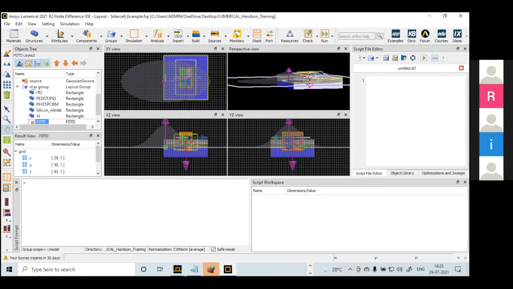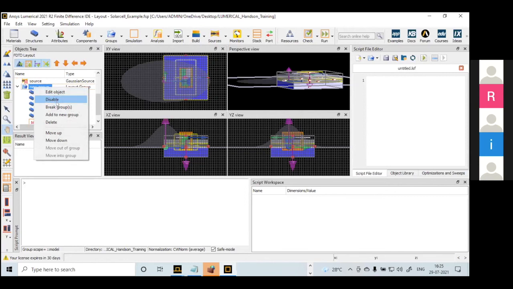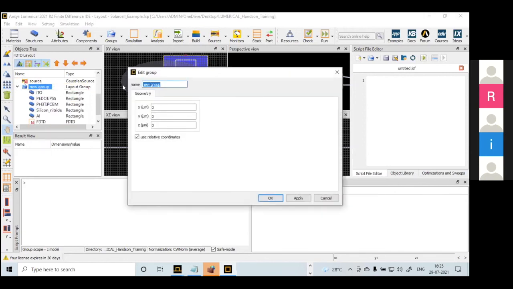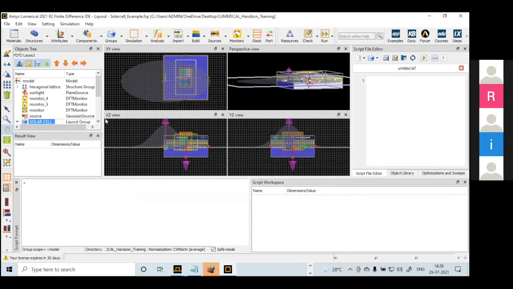So it is under a new group. Now if you want to give some name for this, I can name this as solar cell. Just apply. Now all the elements, whatever layers were there, are under this solar cell.